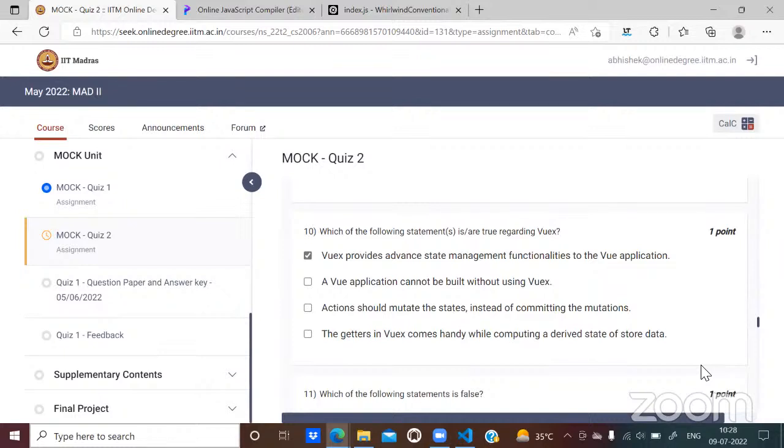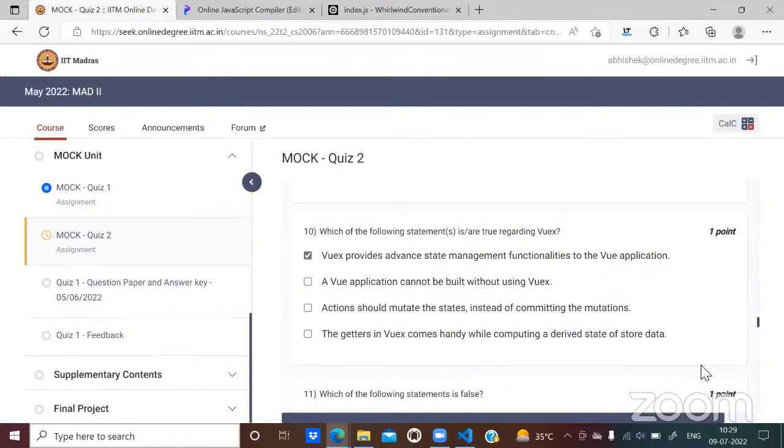So whatever Vue provides, we cannot say that this is the advanced or this is the minimum. This is a standard. The only thing is, in order to use Vue, we have to utilize or implement certain necessary parts of the framework. Let's say actions, we have to define the mutations. These are things that we necessarily have to do. So that all comes under normal state management. I don't think that is advanced. That's what I gather from the documentation.